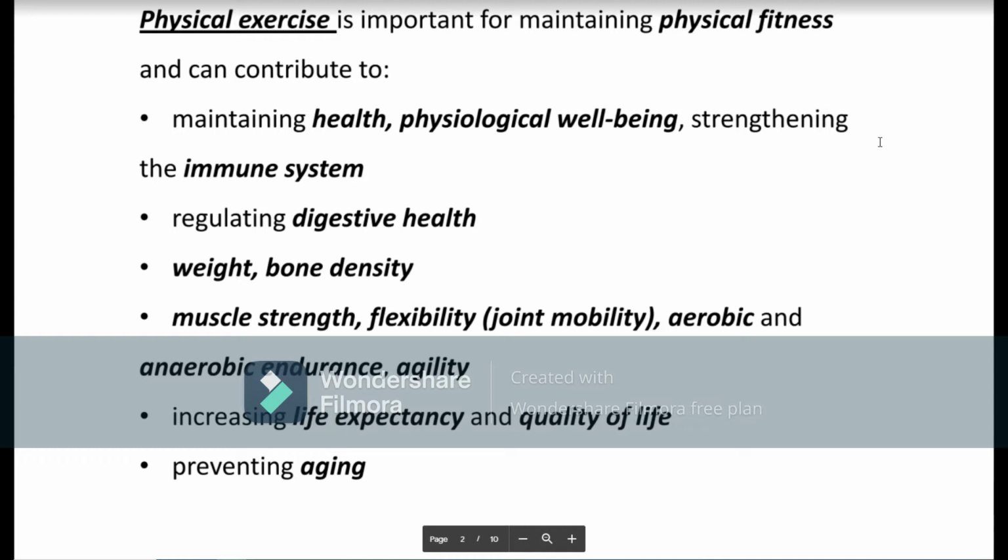The next outcome is digestive health. Of course, being physically active positively reflects on digestive health as well. Weight and bone density. We can regulate our weight, sometimes measured by BMI, body mass index, by being physically active systematically. And it depends on what kind of exercise